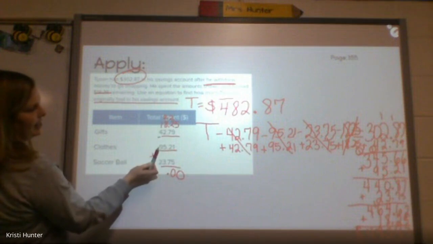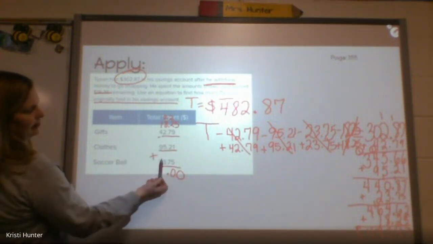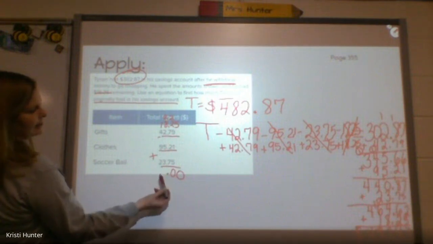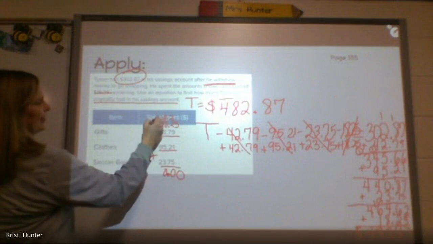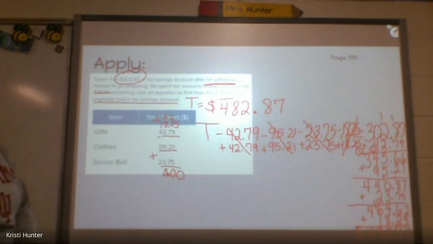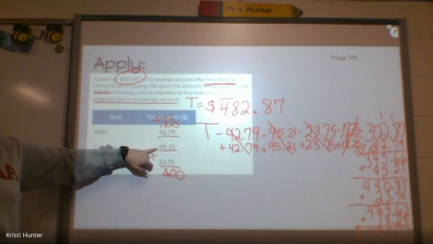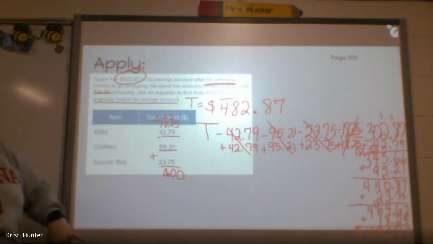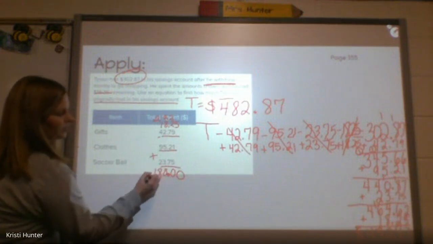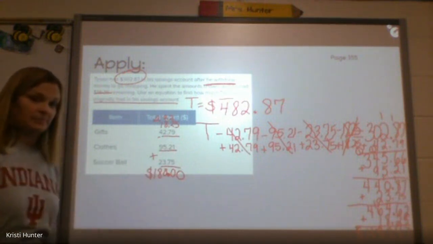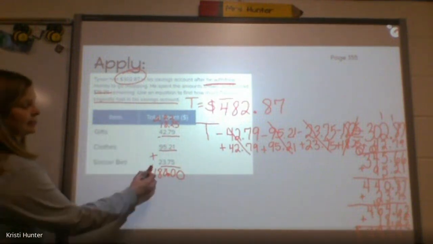So I have 10, 12, 17, 18, 19, 20. We could keep getting 20 for an answer here. Carry my 2 again. So 2 plus 1 is 3, plus 4 makes 7, plus 9 makes 16, and 2 more makes 18. So here's another way to look at this problem, is to say that Tyson spent